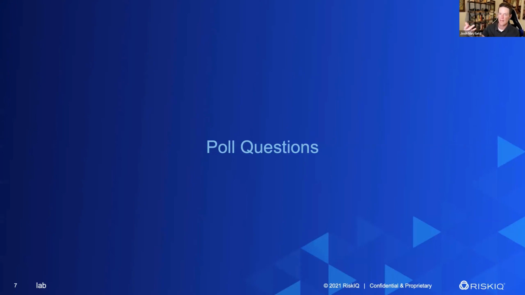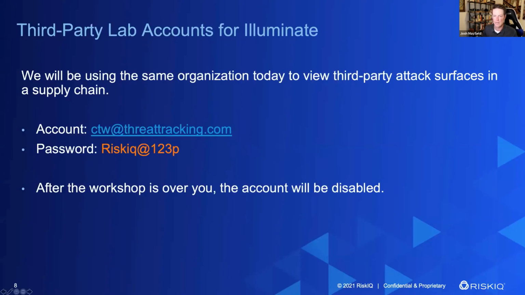The slide that went next, and then we went back to the one that says poll questions, guides you through how to get into the system today. So if we want to advance that real quick, we can then talk through the credentials and how to get access. What we used to do is just give you a promo code to access the data sets. But because we are doing things with attack surfaces, it's sometimes difficult to give access to multiple attack surfaces. So we created a lab environment where you log in with CTW at threattracking.com as the username at